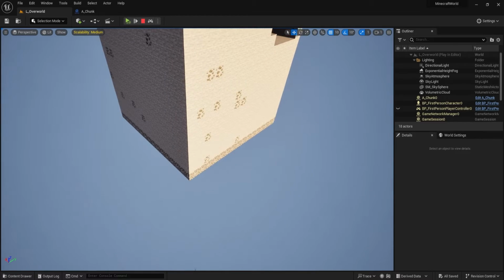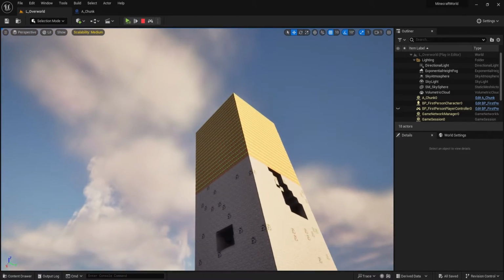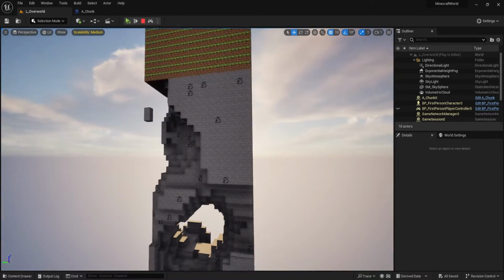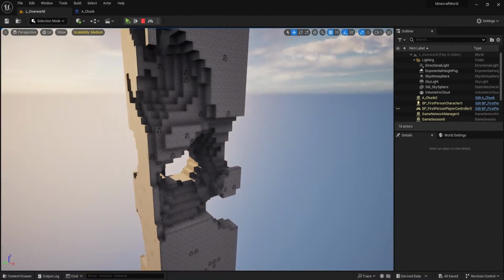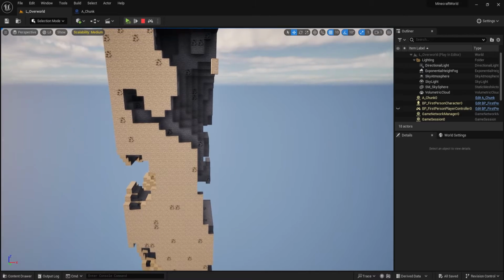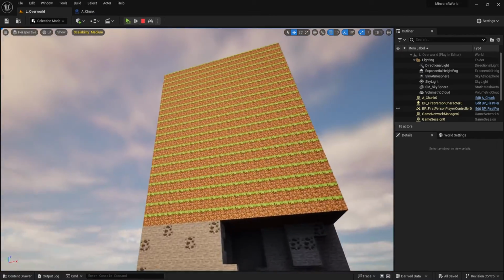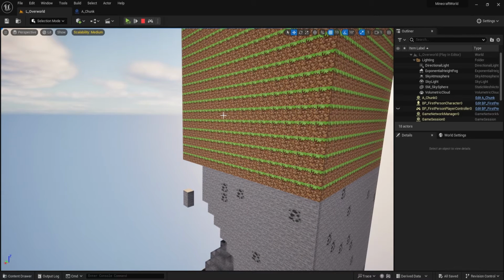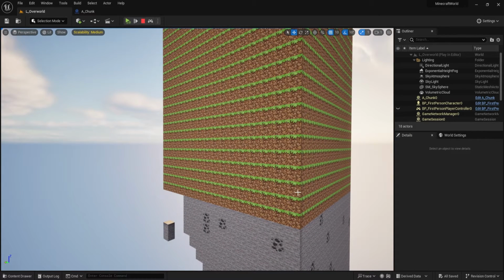Okay, so last time we left off with this. We have our chunk generating from top to bottom. We have randomly generated or procedurally generated caves. And now we have to deal with the surface right here. So that's what we're going to be working on today, turning this into something more natural with some foliage as